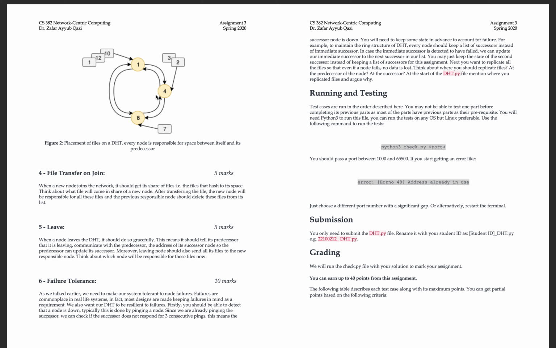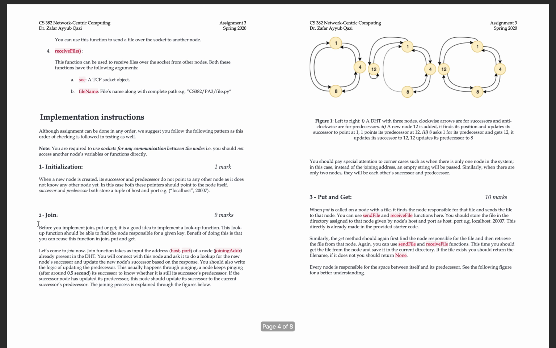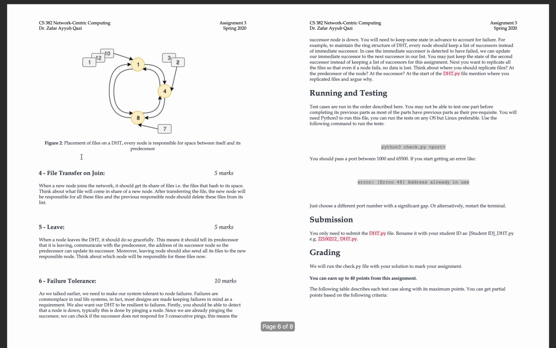So how do we detect a failure? First of all, as we've already seen, a node keeps pinging its successor. We saw that while implementing join. So we can use that for detecting a failure. So let's say 8 is pinging 1 and getting its status. If 1 does not respond, let's say 3 times, we can take that as a signal that 1 has failed. So that is how we detect the failure.